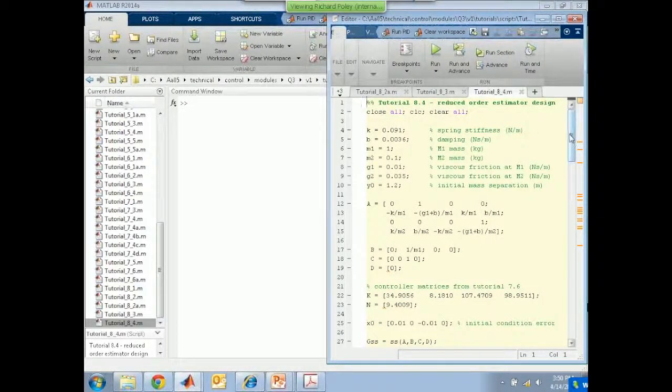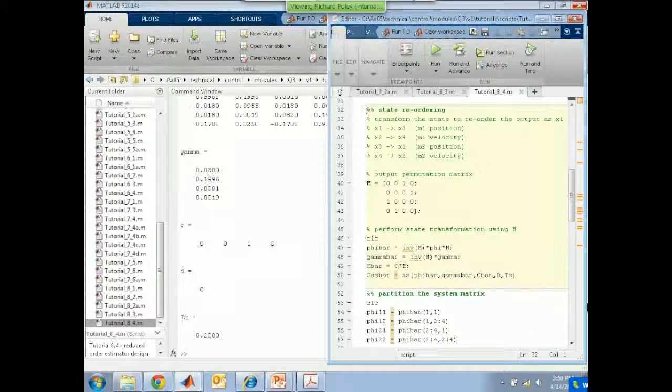So once again, nothing surprising, we're creating the model of the system. We'll do that. And now we've got the permutation matrix necessary because we want to reorder the states. I want to put the measured output as the first state. And in this case, I'm looking for mass 2 position to be the first state. So I've got 0, 0, 1, 0, 0, 0, 1. So what I'm making is x1 in the new state vector becomes x3 from the old state vector. Are you with me? So now mass 2 position is the measured output, and I don't need to estimate that anymore, but the other three states I do need to estimate. So I'm just swapping those pairs around, and that's what that permutation matrix M is doing.